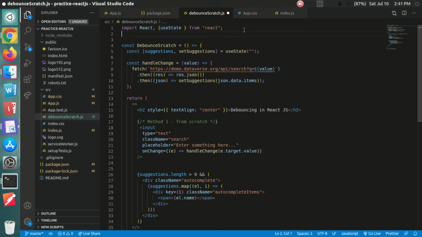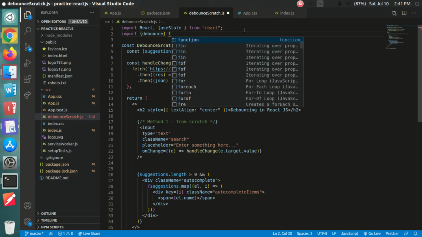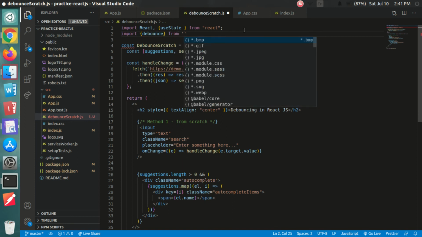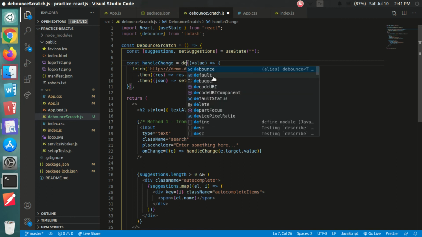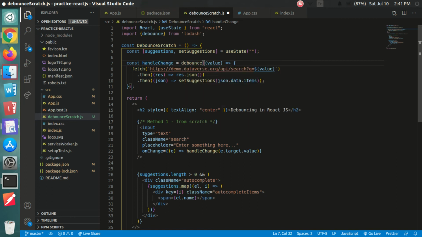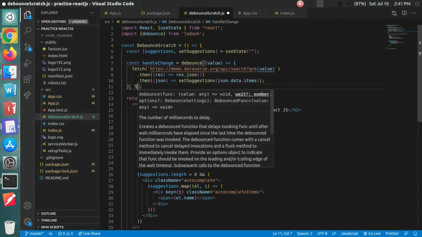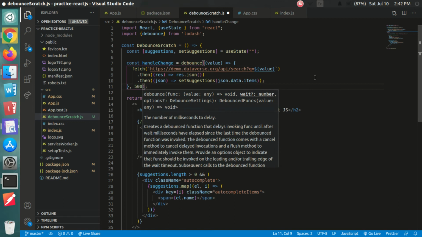So what we have to do is import debounce method from Lodash, and just wrap our callback function with the debounce method provided by Lodash, and as a second parameter provide the amount of delay you want, let's say 500 milliseconds.